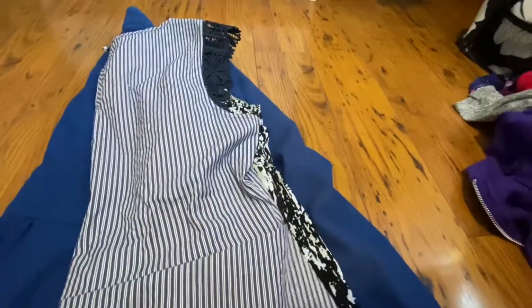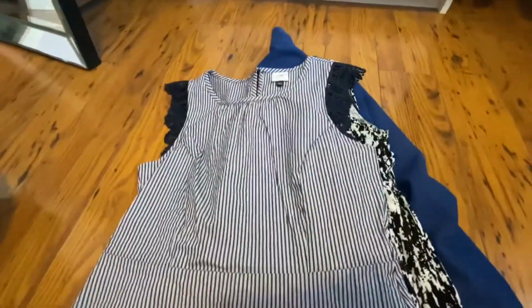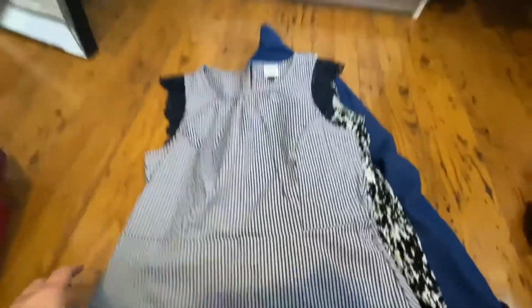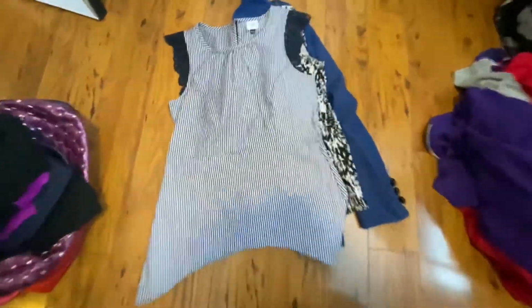And then I've got this cabbie shirt that's really beautiful. This was a gift from one of my clients that sells the cabbie clothing, and it just doesn't fit me right. You guys can change my angle so you can see the shape of it. So it has this